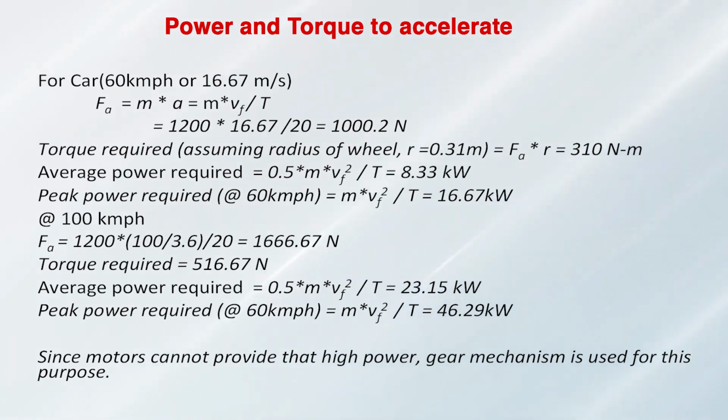Now, if the speed is increased to 100 kilometers per hour, just try to calculate the force that is required. 1200 into 100 by 3.6 by 20, that is in 20 seconds, which results in a very high force required, which is around 1667 newtons, and the torque required will be around